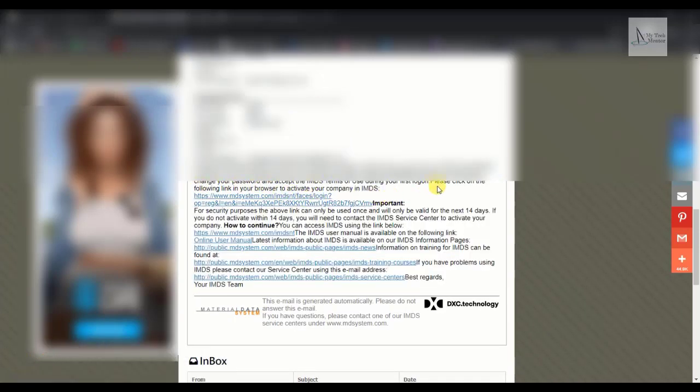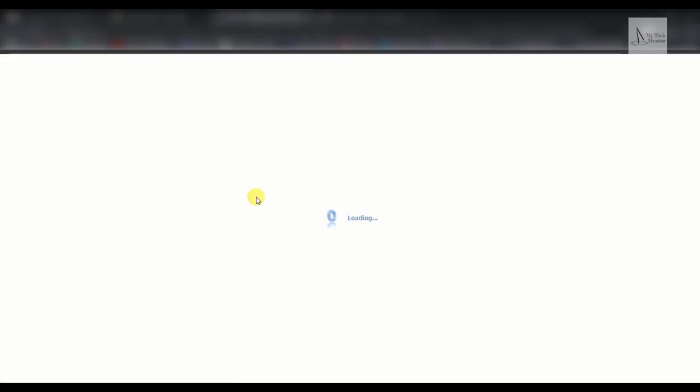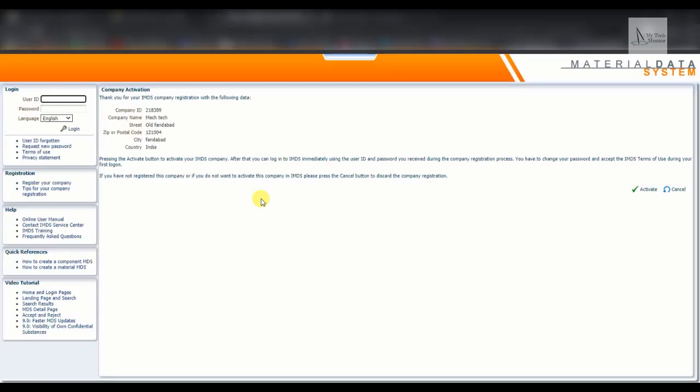You see here, please click on the following link in your browser to activate your company in IMDS. So we are going to click this. The activation window is open.